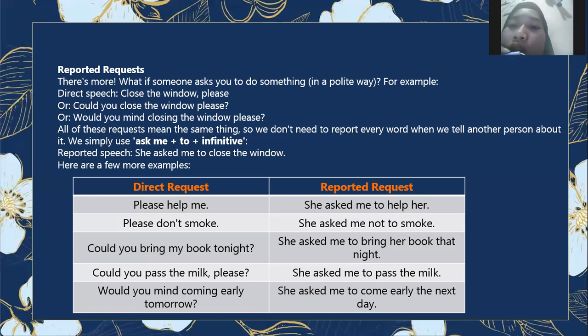Direct request: Could you bring my book tonight? Reported request: She asked me to bring her book that night. Direct request: Could you pass the mic, please? Reported request: She asked me to pass the mic.